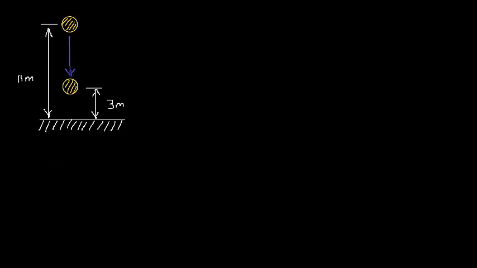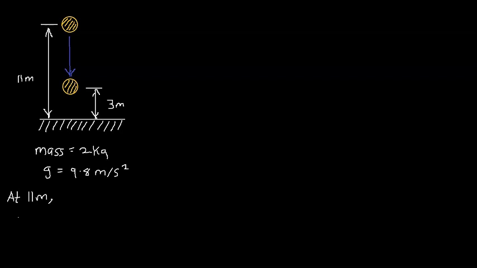For another problem we might want to solve, let's assume an object was dropped from a height of 11 meters above the Earth's surface, and we want to find the change in its velocity when it falls to a height of 3 meters above the Earth's surface. We're going to take the mass of the object to be 2 kilograms and the acceleration due to gravity as 9.8 meters per second squared. At 11 meters, we can use the relation U equals mgh to calculate its potential energy